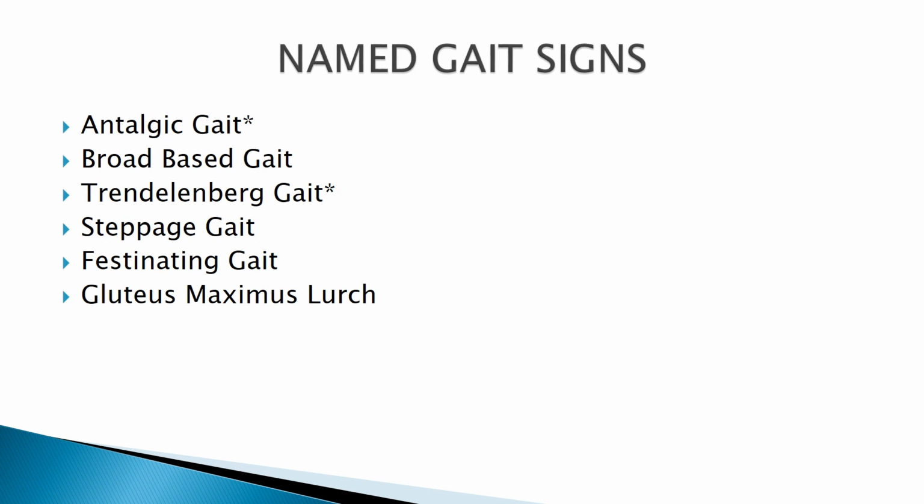Some of the named gait signs that we want to talk about include those described in the AMA guides, such as the antalgic gait and the Trendelenburg gait. We also want to talk about some of the other types of gaits that we will encounter in the qualified medical evaluation, but that are not specifically described by name in the AMA guides. So some examples include the broad-based gait, and I'll give you several different types of examples of that, the steppage gait, the Gluteus Maximus Lurch, and then also to illustrate a principle